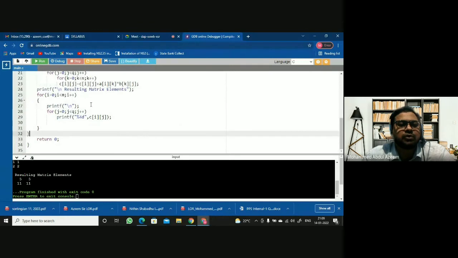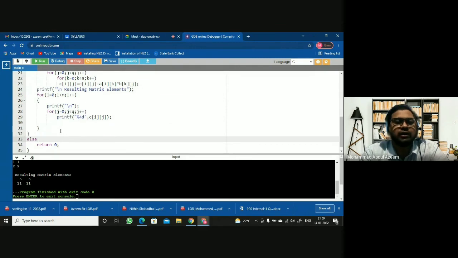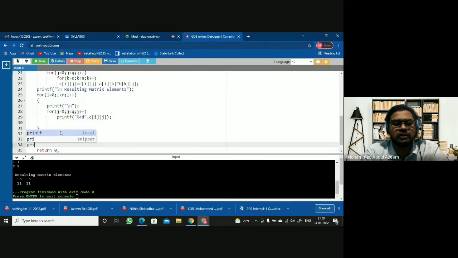It simply comes out. So here I can have an else statement as well, where I am saying the matrix multiplication is not possible.